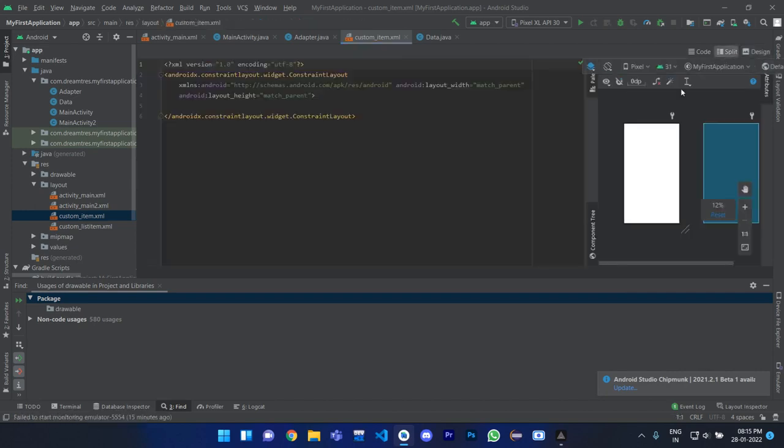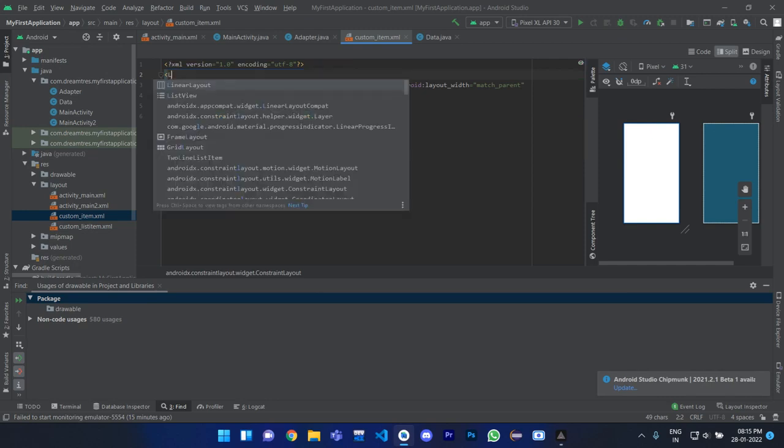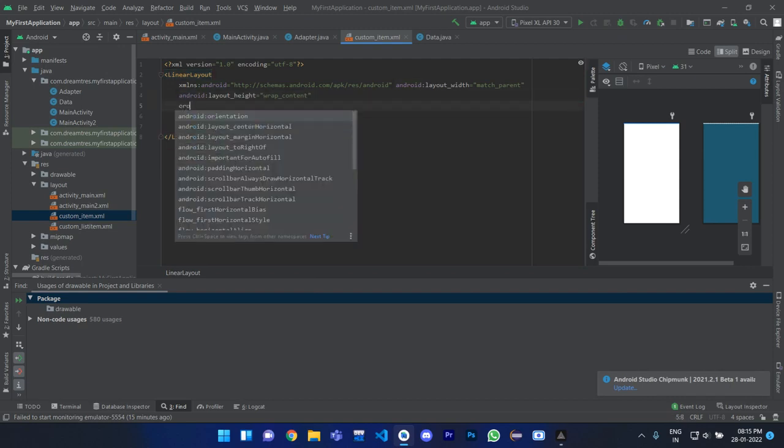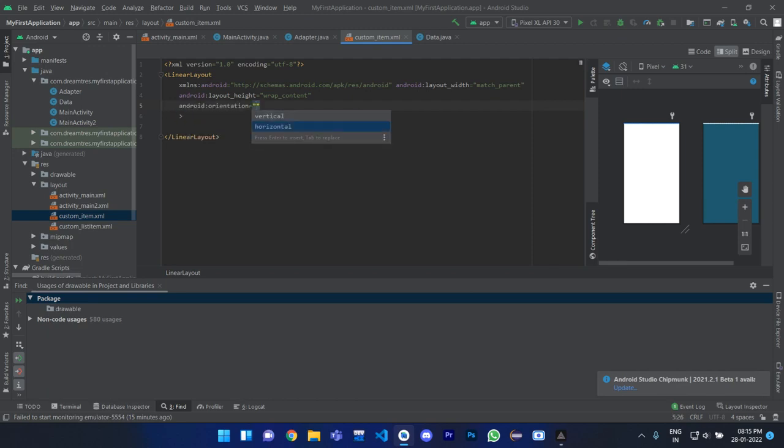Okay, then here it is, a simple layout, don't worry, no need to panic. Here I am assigning a linear layout, width match parent, and height wrap content, because it has multiple items inside it, so the height needs to be wrap content. Set the orientation to whatever you want. In our case we want horizontal orientation because we want